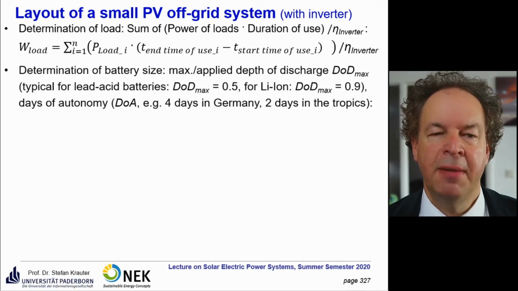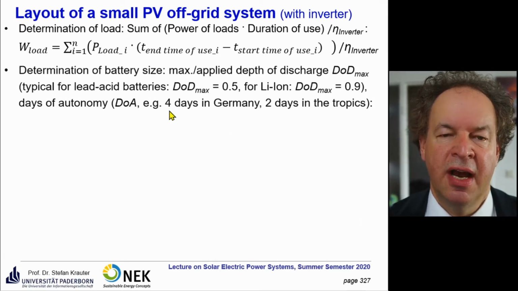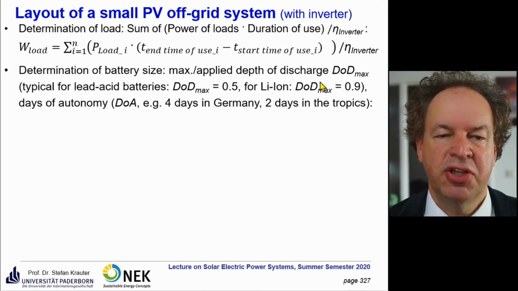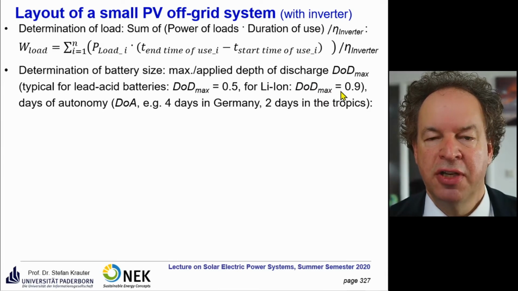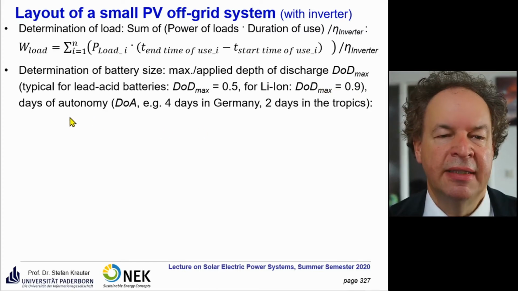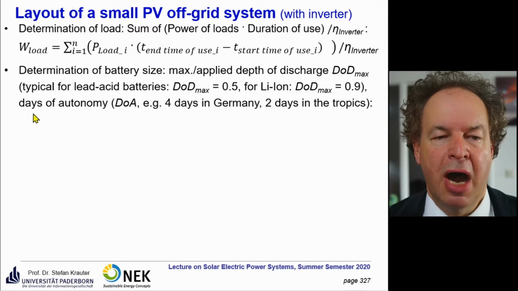Then we determine the battery size. So we have here the maximum applied depth of discharge, which is typical for a lead acid battery of 0.5. I'll show you a graph of that later on. If you use lithium-ion batteries, they are more expensive, but you can discharge them to a much larger extent, not fully, because lifetime is also reduced there. And the days of autonomy, so how often do you expect there is an equivalent day without any